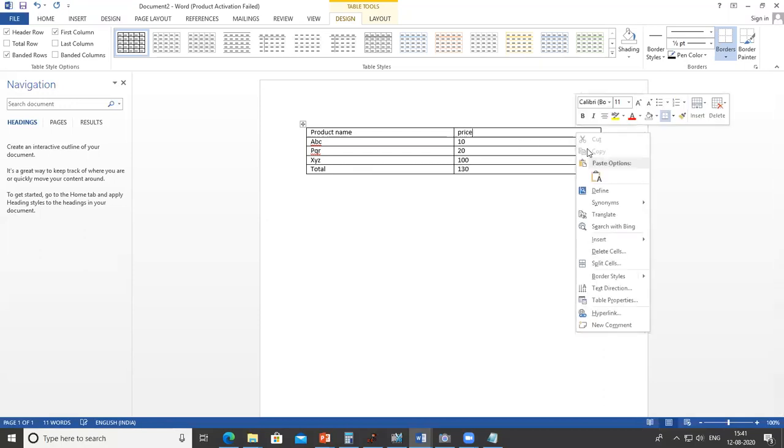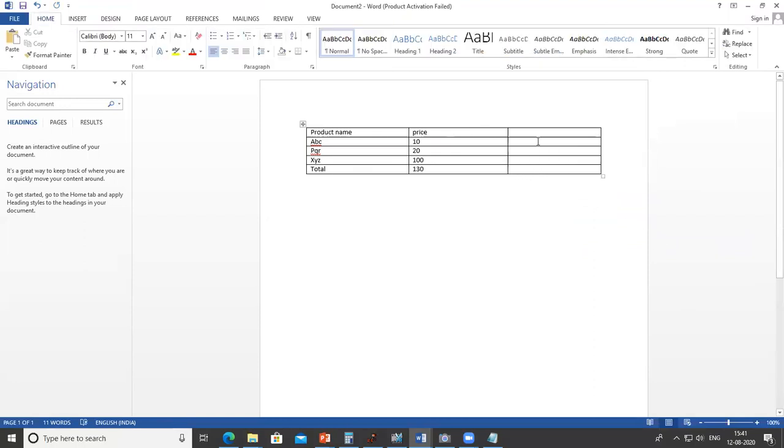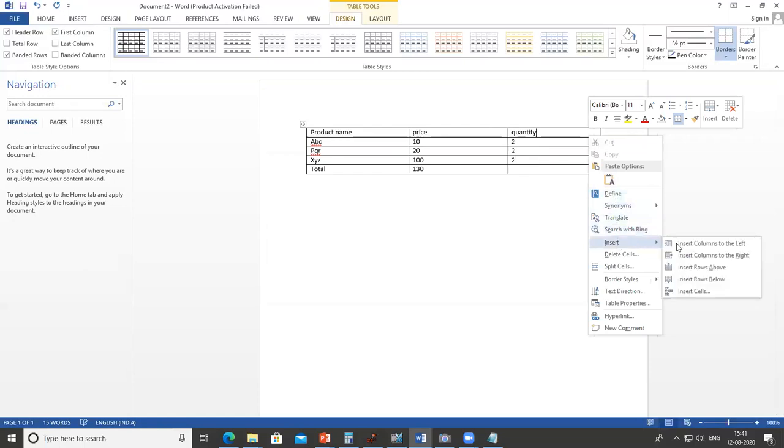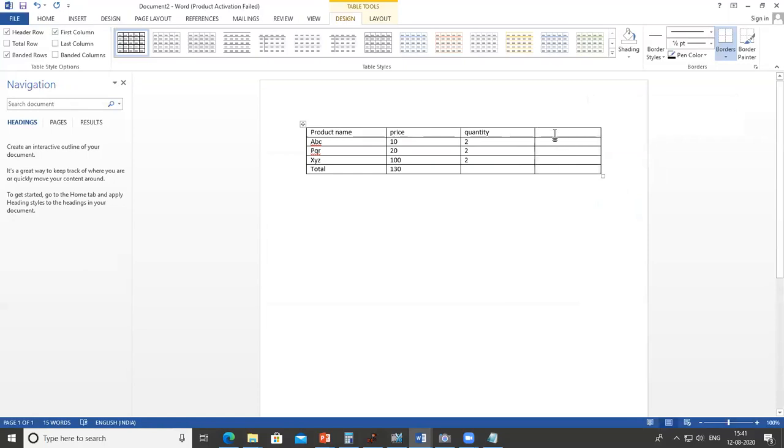Suppose here I add one more column, quantity, 2, 2, okay, and here I add one more column, total.